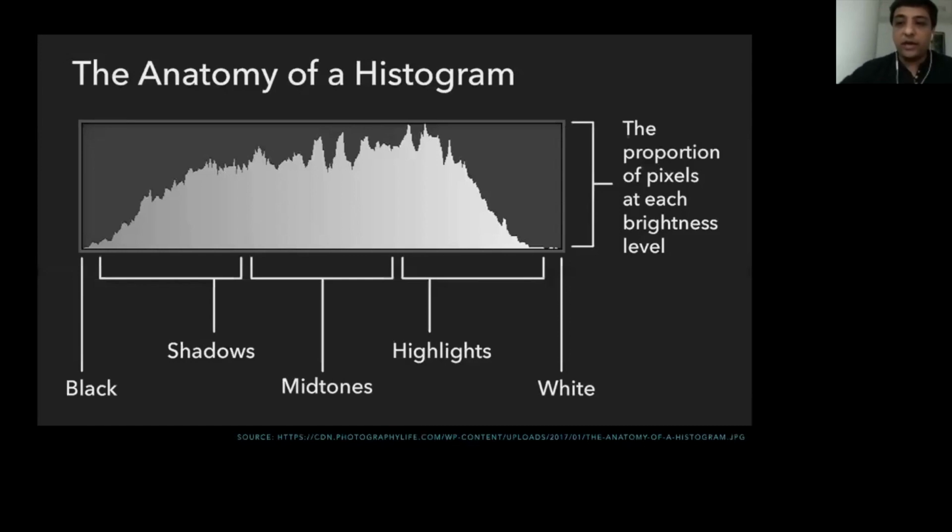This is how we can read histograms. We have black area, that is absolute no light is falling onto sensor. Then we have shadows, we have mid-tones, we have highlights and whites. Now white and black are absolute exposed or underexposed parts where there is no definition, and then everything that is in between, that is shadows, mid-tones and highlights, have definition, and that is your exposure part.